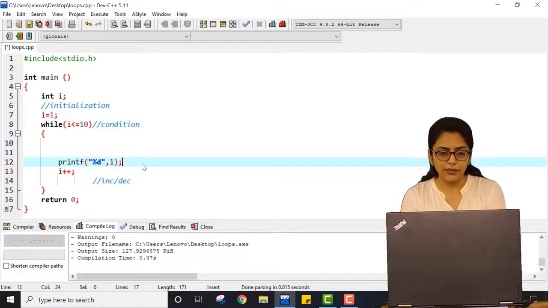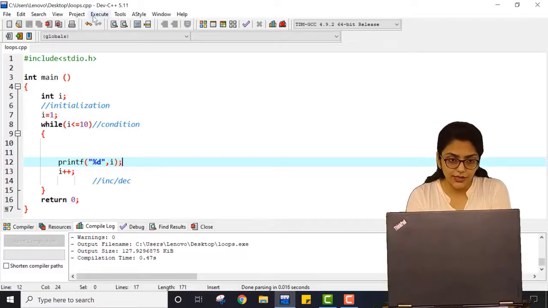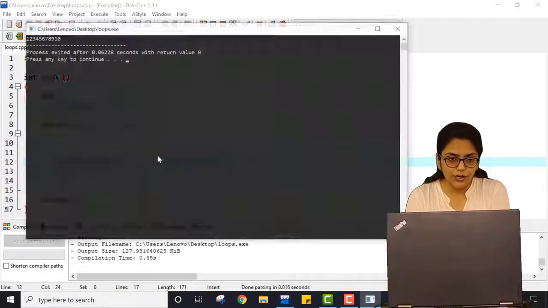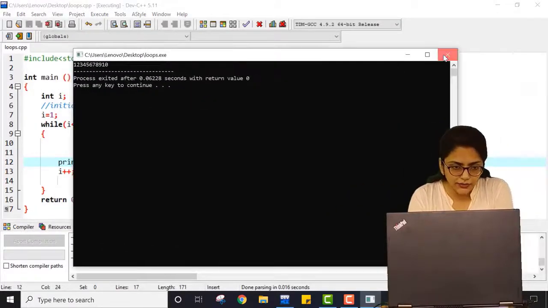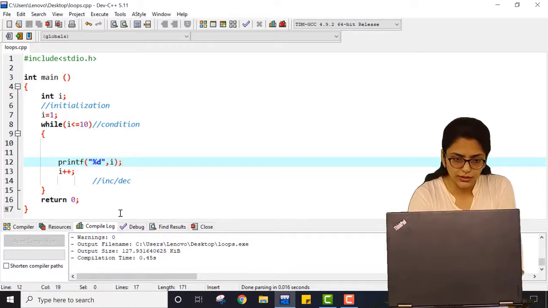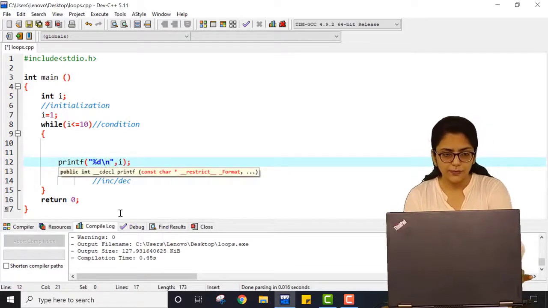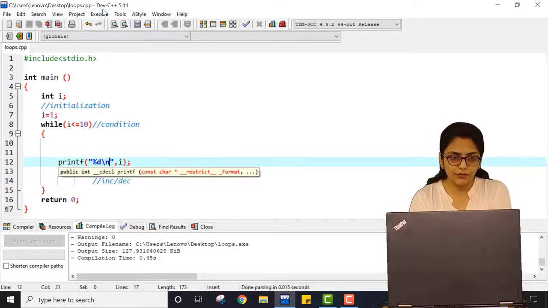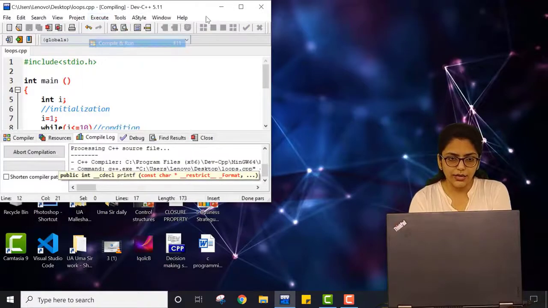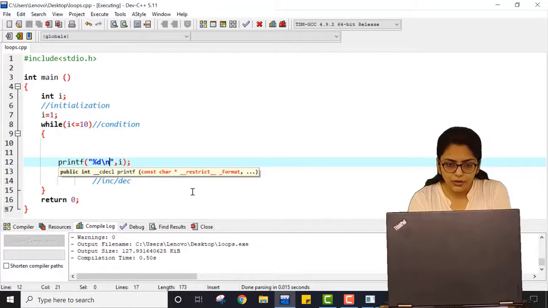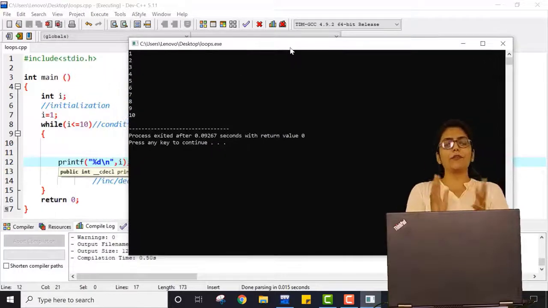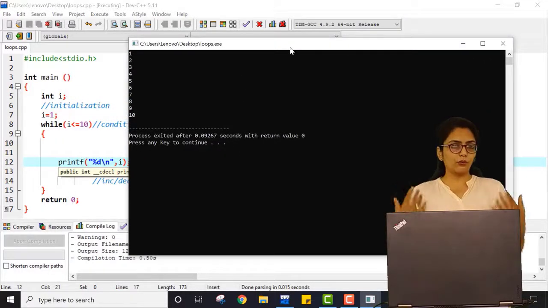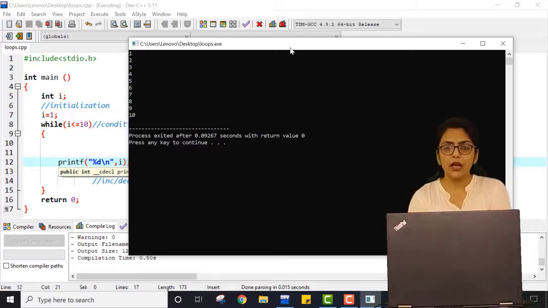If I just copy this, save this, compile it and run it, you can see it over here. As I have not given a new line, if I give a new line over here, then you will get a better output. If I compile it and run it, you can see the output over here. So I am getting the perfect output, whether I am using a for loop or a while loop.